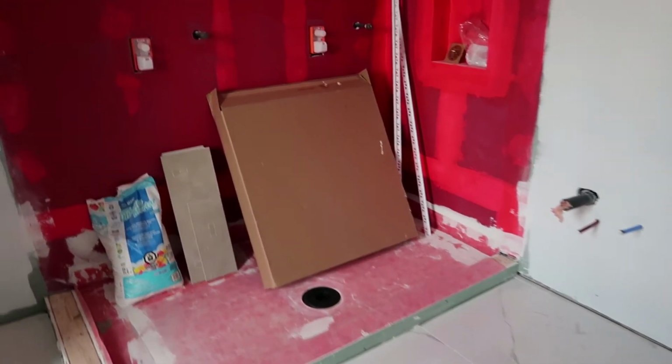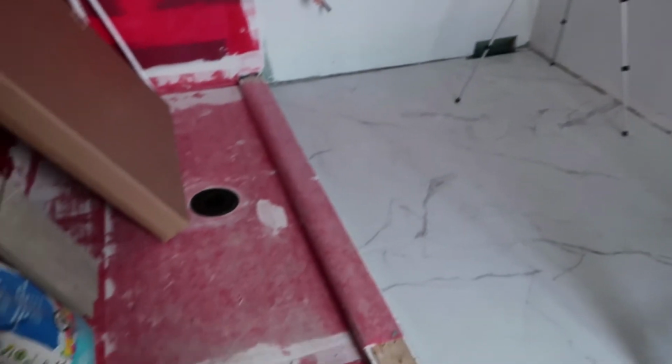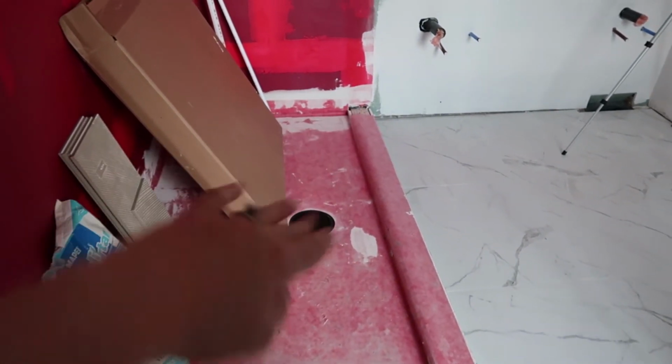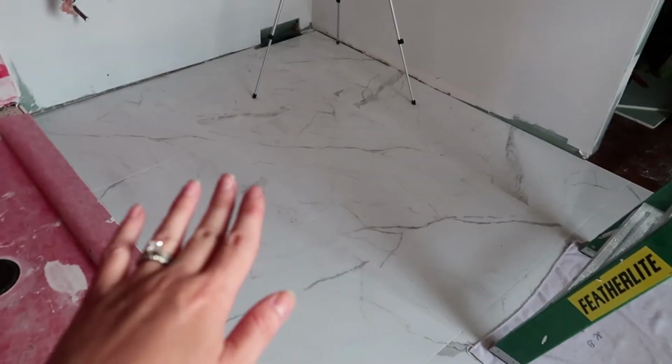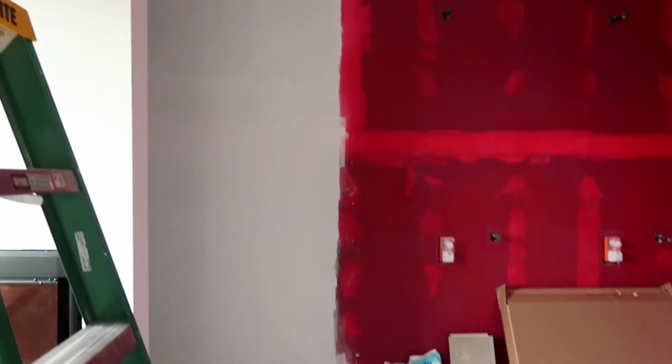Okay, so I threw primer on the walls so they are nice and bright. Plumbers have done their base, so it's nice and sloped towards the drain, and that's waterproofed. They've laid the floor, they've grouted the floor, so this is done. Now, the next thing I need to do is get the ceiling and the walls painted. In order to do that though,